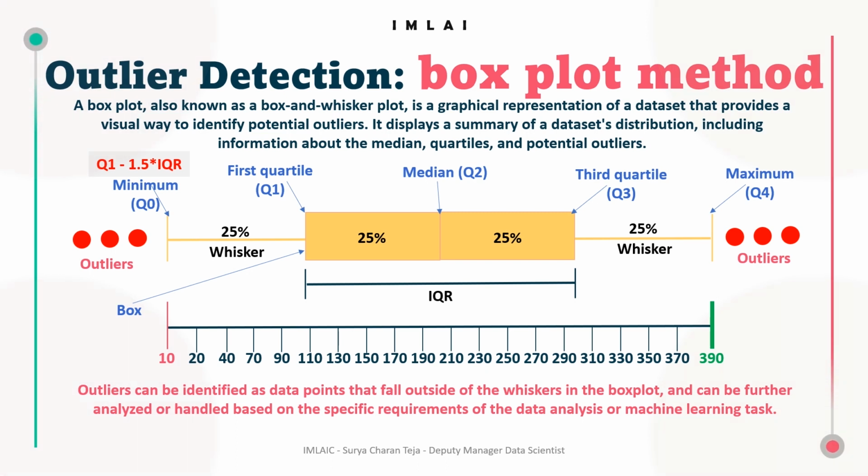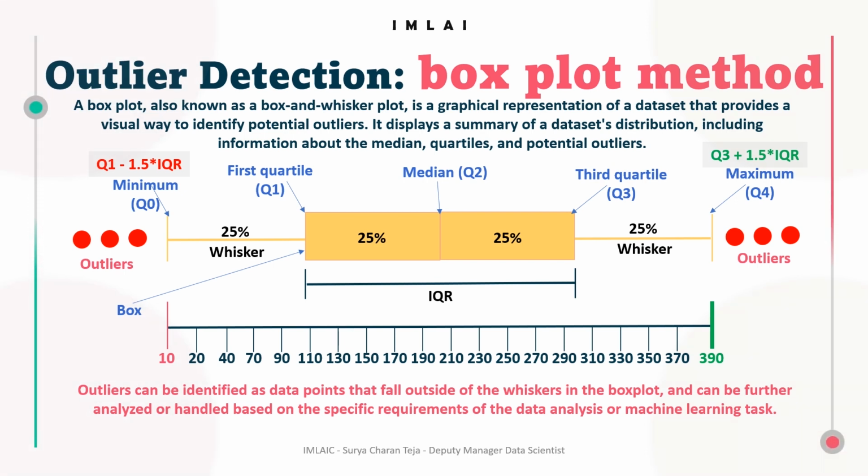Similarly, the upper whisker, or right side whisker, extends from the top of the box to the largest data point within 1.5 times the IQR above Q3, that's quartile 3. Then you just plot individual points outside the whiskers. These individual points lying outside the whiskers are considered